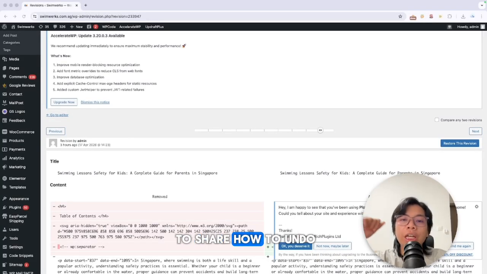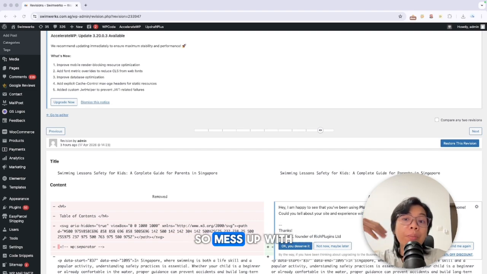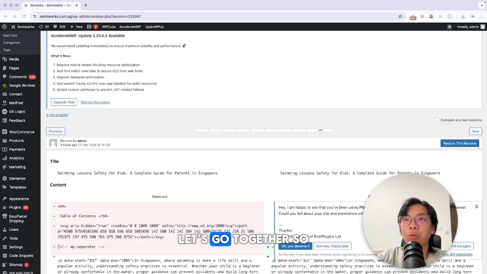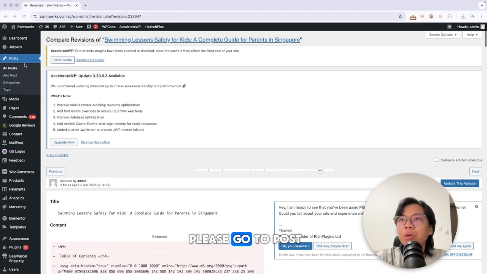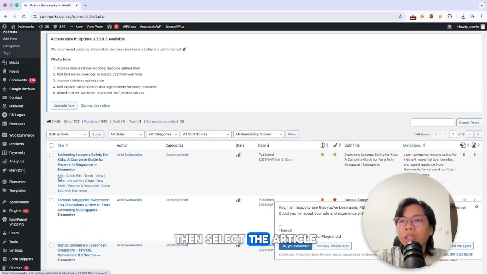Here, I would like to share how to undo or recover your blog edit in WordPress. So if you accidentally change something or mess up your content, don't worry, you can easily fix it. Let's go together. So please go to the posts or blog section and then select the article or blog you have